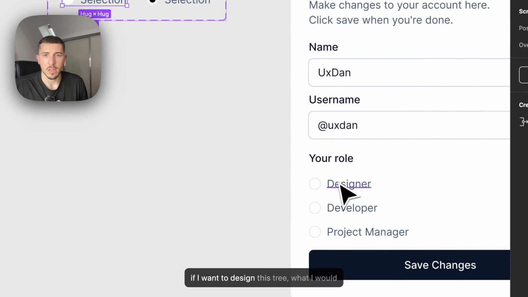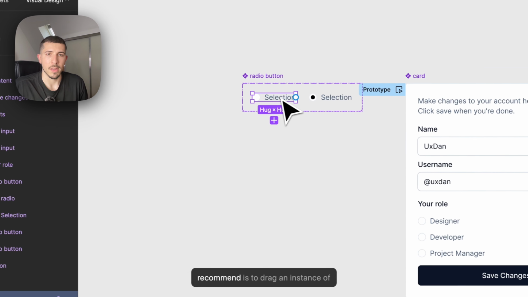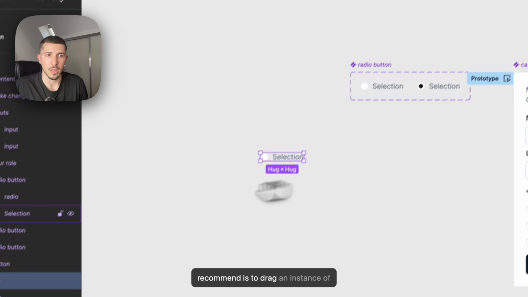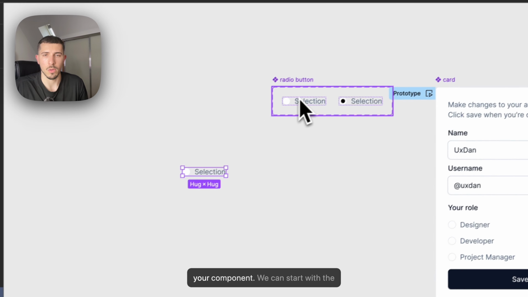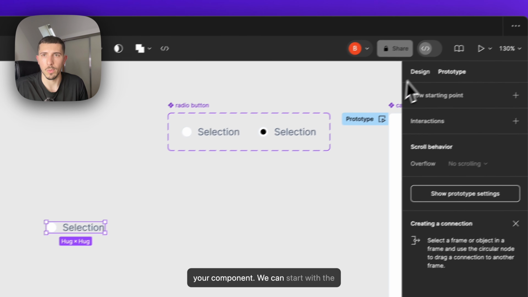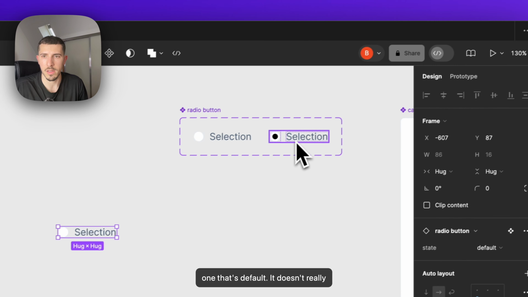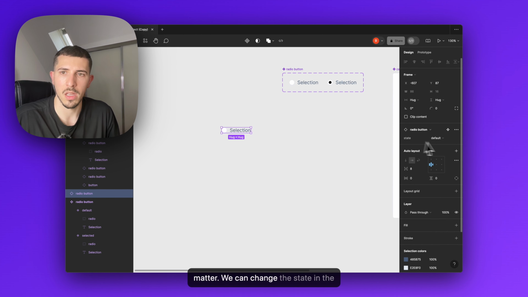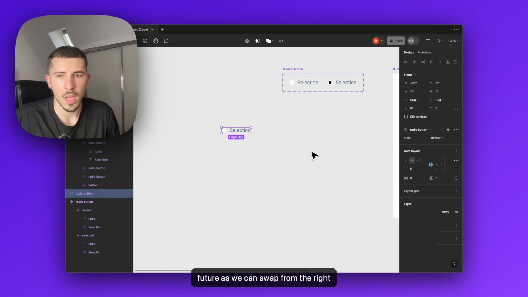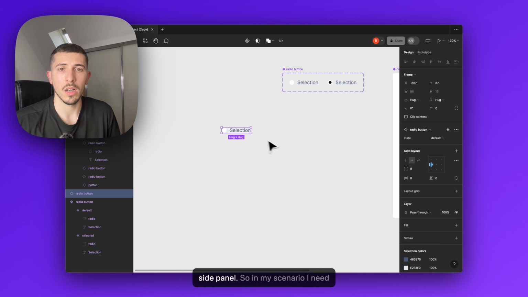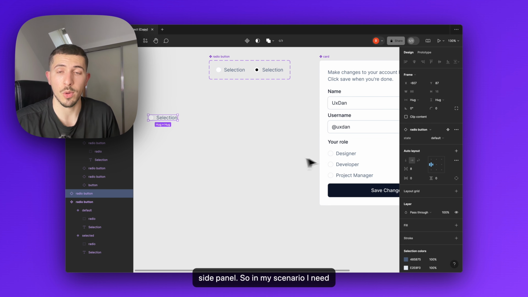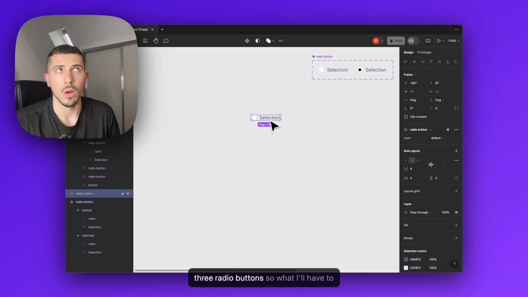Now if I want to design this tree, what I would recommend is to drag an instance of your component. We can start with the one that's default. It doesn't really matter, we can change the state in the future as we can easily swap from the right side panel. So in my scenario I need 3 radio buttons, so what I'll have to do is make a